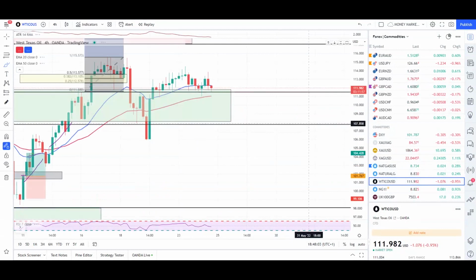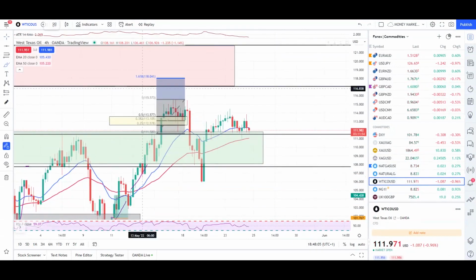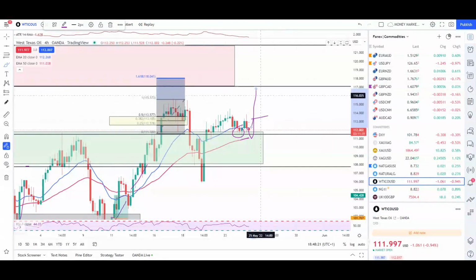Let's check crude oil. Okay, crude oil, same as yesterday, same condition. It hasn't quite hit the 50 EMA, but we can still hit the 50 EMA. We can get an engulfing candle here. And again guys, not going short at this point. I'm still expecting the market to hit 117, and this is my selling zone from where I will look for my sell condition.